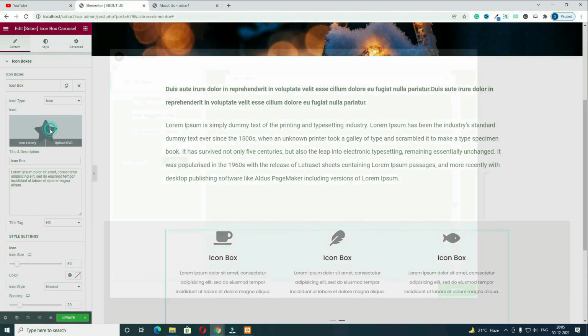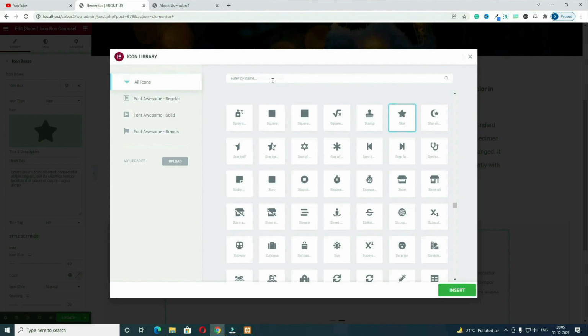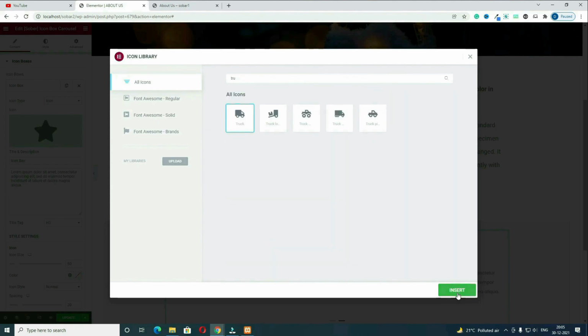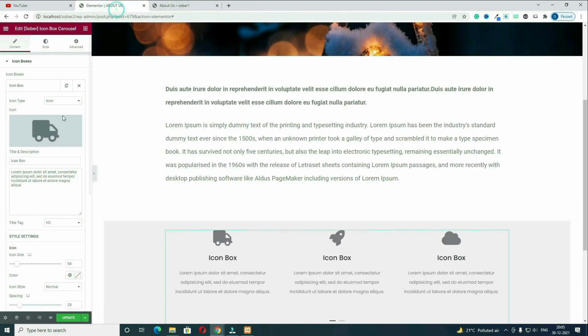Next, you have to click in this icon for changing the icon. Suppose here you can see I need this truck icon. So what you have to do, here you have to search for the truck. Suppose I need this icon, click in this insert option. After that, I need this free shipping title. So let's come back here. Title I have to write free shipping, and after that whatever the content you want to write, you have to